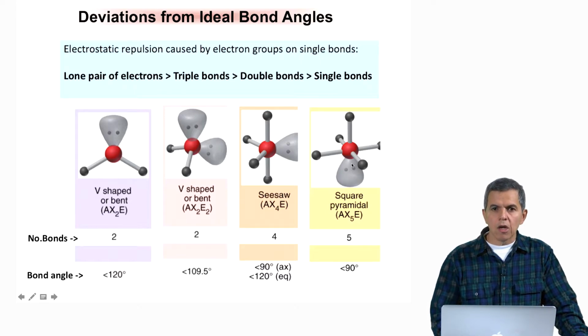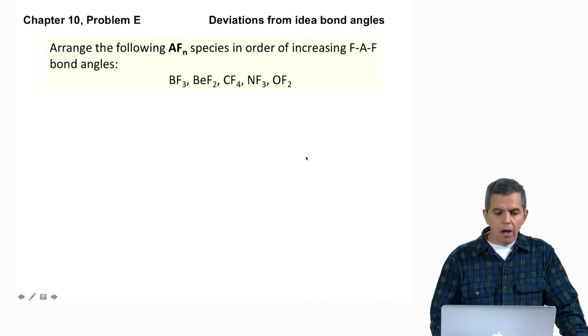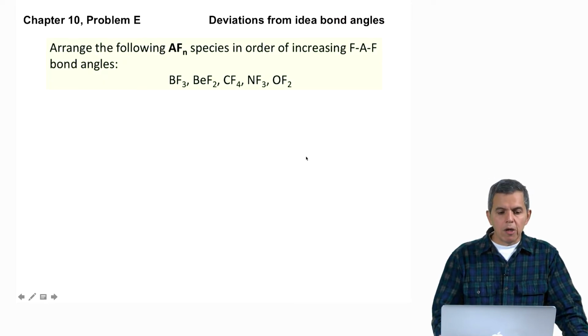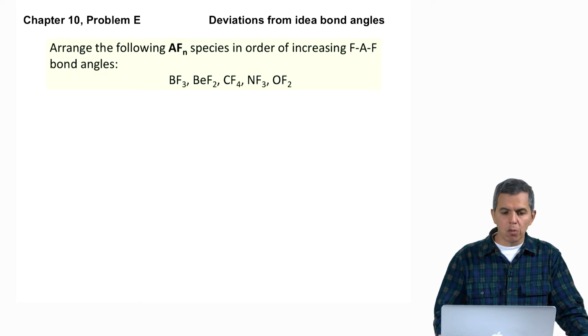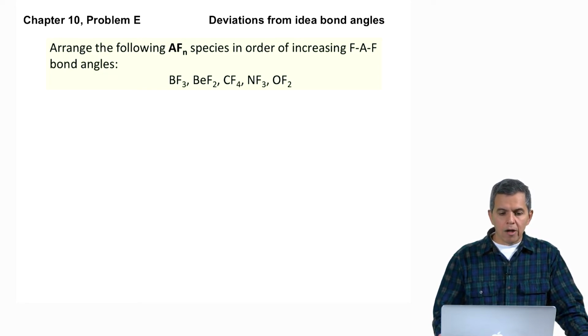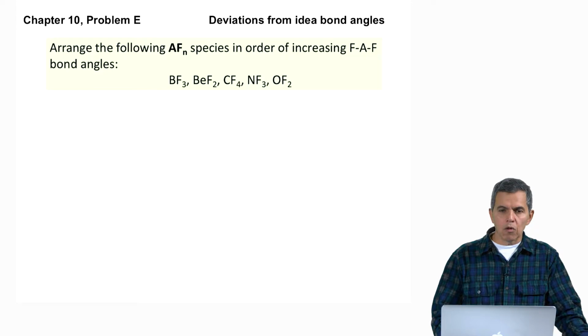So now that we have reviewed these concepts, let's go ahead and try to solve a problem that deals with the issue of non-ideal bond angles. The problem reads, assuming that we have different species, AFn, A meaning a central atom and F being fluorine atoms, n meaning the number of atoms, let's order in increasing bond angles these particular compounds, BF3, BF2, CF4, NH3, NF3, and OF2. Please take a few minutes to think about the solution, work the solution, and then let's compare